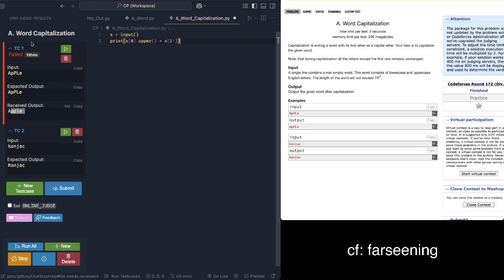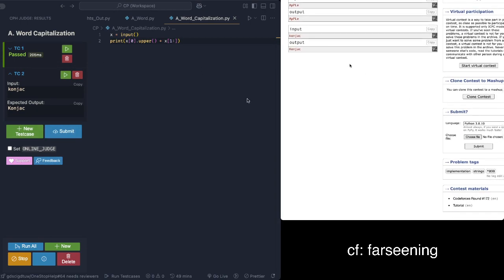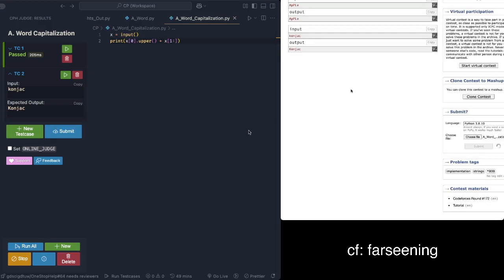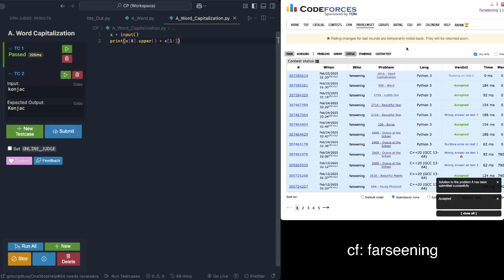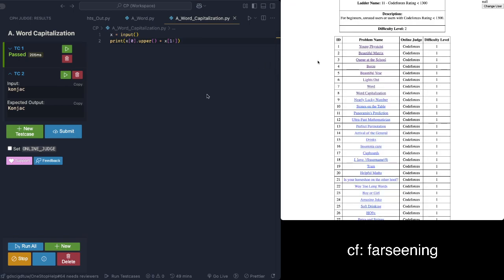Cool. Okay. We'll submit this. So very simple, straightforward question. No time complexity or space complexity required here. Yeah, it's accepted. No worries. Next one,